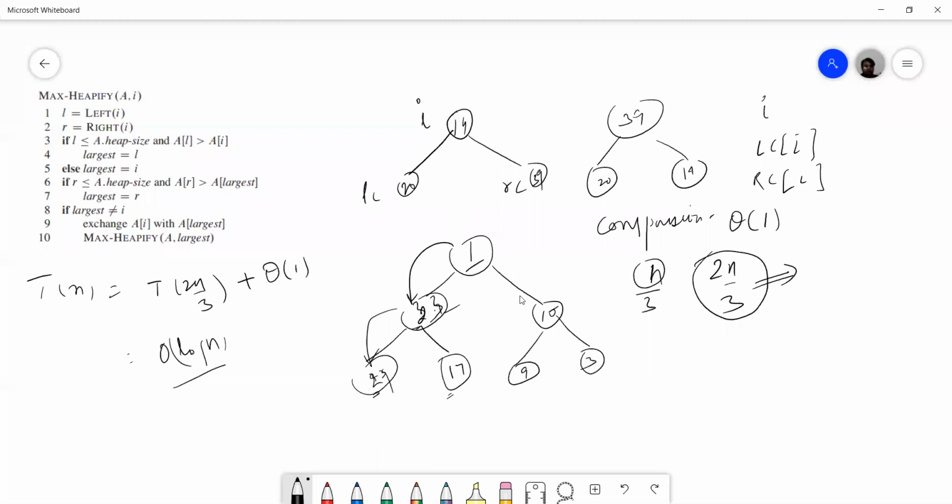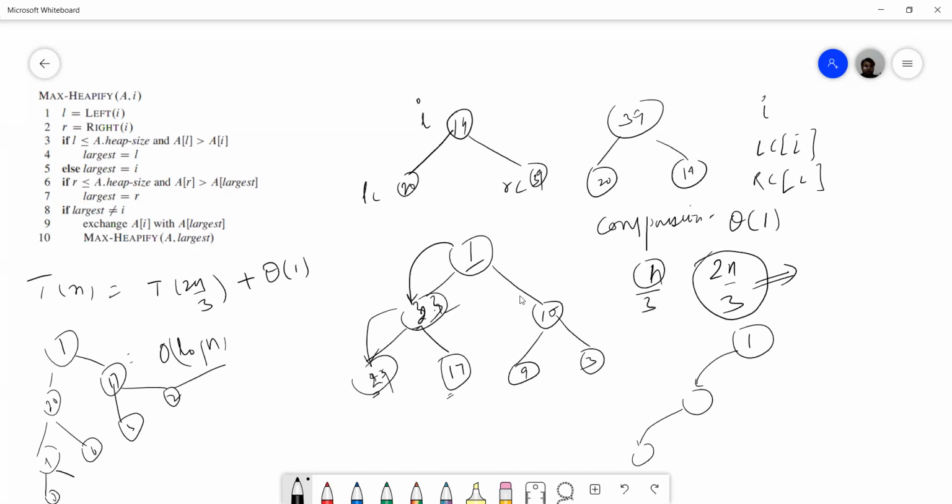Or you can simply say this: suppose the root is the smallest element, the maximum distance that you have to travel is the height. The maximum distance you have to travel is the height in any tree, in any type of heap. Whatever the configuration, to make it a max heap, first you have to adjust one here, then you have to adjust one here, and then you have to adjust one here. So when the root is the minimum element, the maximum distance you have to travel is log n. So the complexity of the MaxHeapify algorithm is log n.